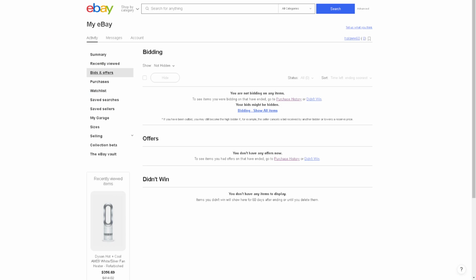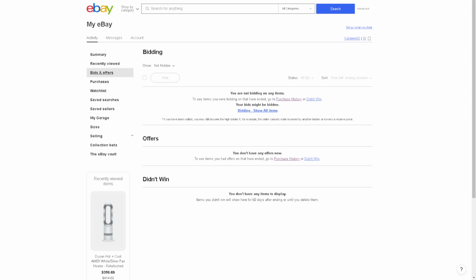Now, here's one of the best ways when retracting a bid. Say, for example, you've made a mistake when bidding on an item, you can retract your bid in certain circumstances. Or if you are a seller looking to cancel a bid, it's a different process. Whenever you place a bid, you're agreeing to buy the item if you win the auction. However, in some situations, you can retract your bid.